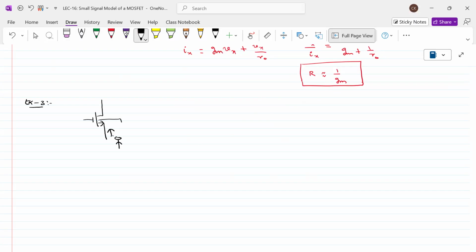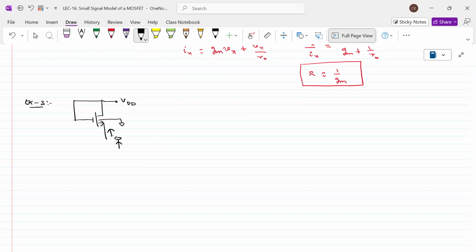And assume that this is at the ground, and that these two are connected to VDD, for example. Gate and drain are connected to VDD, but the source is not connected to current somewhere. But looking at the source, how much resistance is given by the